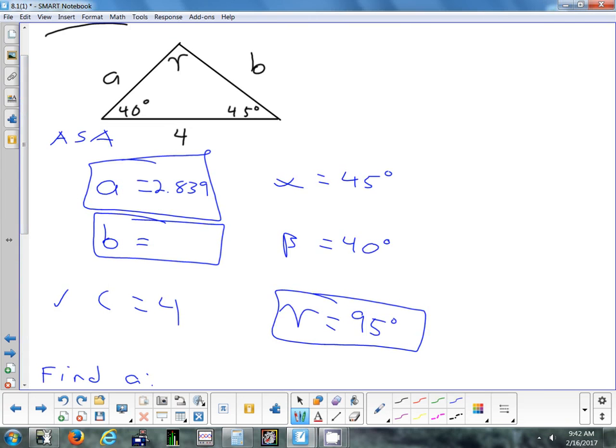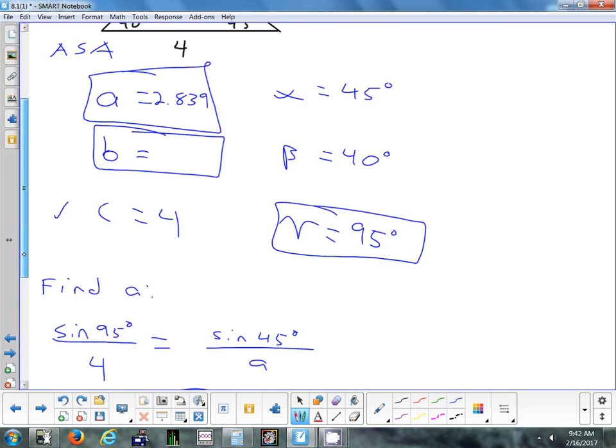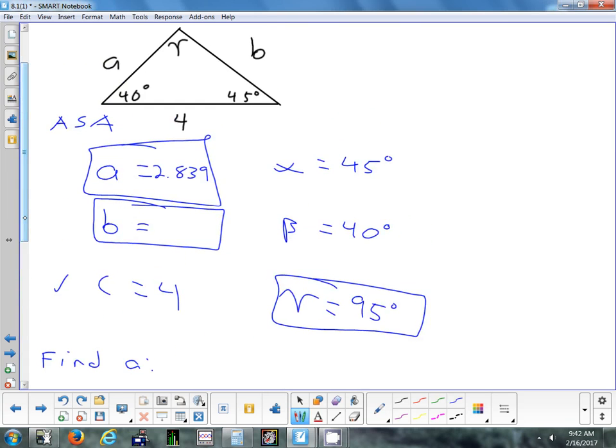Now I have 2 rows with everything in it. Which row should I go back to find B? Yep, back to row C, because everything's exact. It wasn't given, but at least it's exact numbers. So,